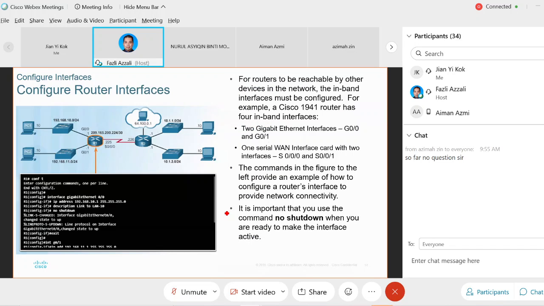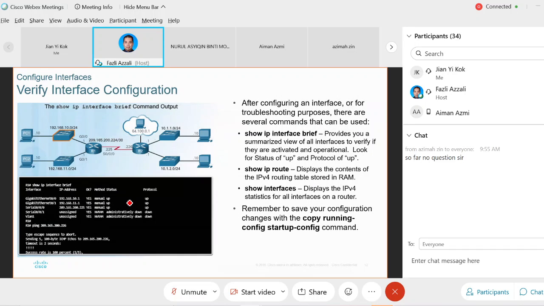Ni senang, ni semua dah saya dah tunjuk. Okay, show IP interface brief is up. That mean is connection already up. Okay, this command-command yang dia boleh pakai lah. Ini dekat mana? Privilege mode. Nampak? Kalau show ni mesti privilege mode, bukan global. Okay, bukan config T. Okay, remember to save your configuration, copy running config